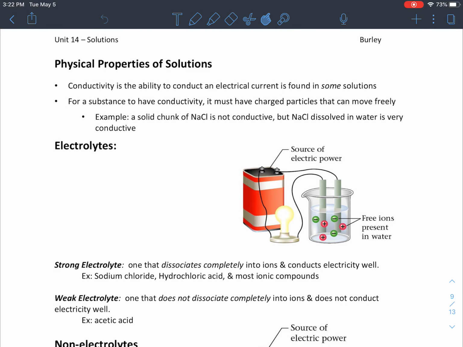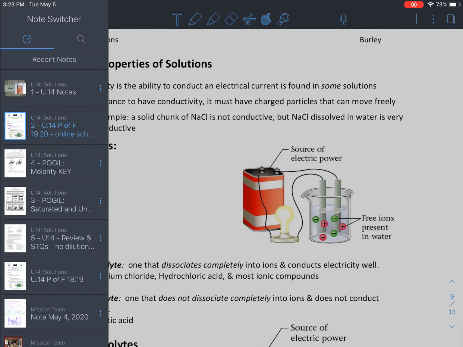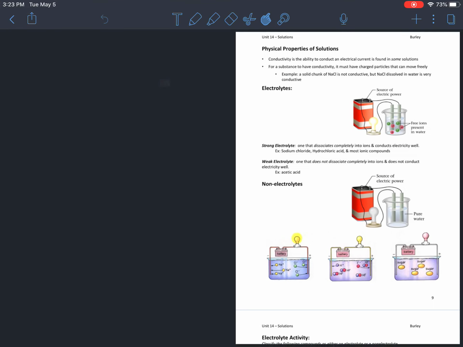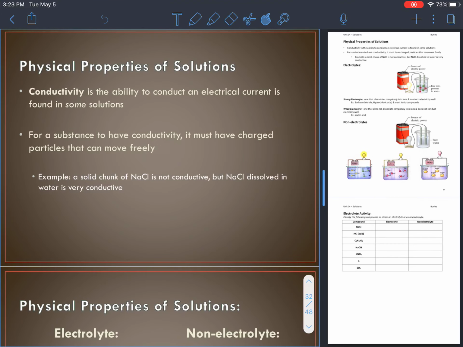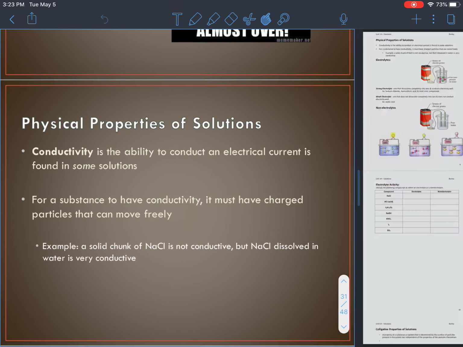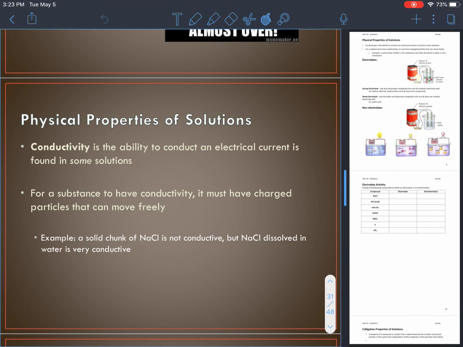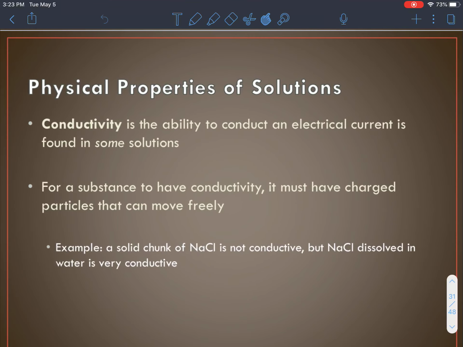First off, physical properties of solutions will change based off what is dissolved in something else. For instance, the conductivity of a solution might be present or not be present. It depends on whether or not something is conductive in solution. So I want to remind you guys